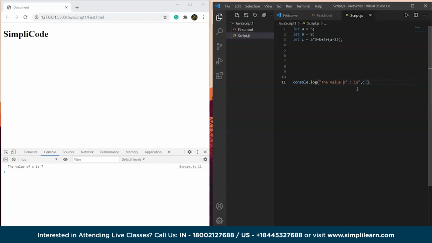Let's see if this value is correct or not. The value of a was 5. 5 into 3 is 15. 15 plus 8 is 23. 23 plus 4 is 27. 27 plus a minus 25. The value of a is 5, so 5 minus 25 is minus 20. 27 minus 20, the value of c is 7. So it's correct. Check it yourself if you can do something more interesting with this console.log,